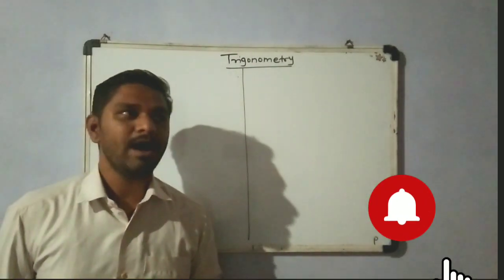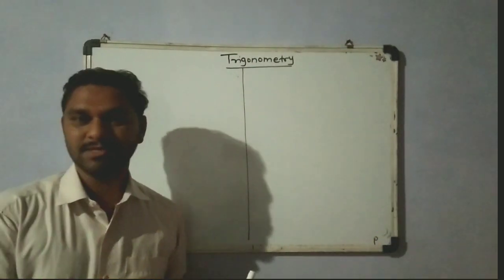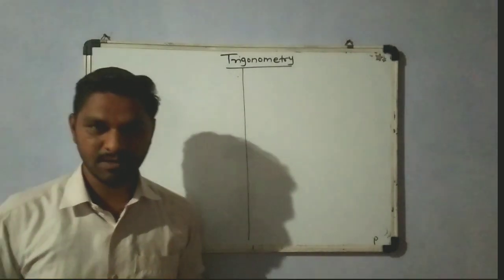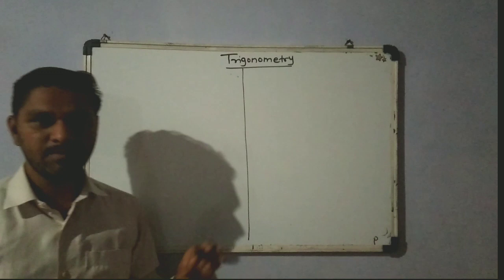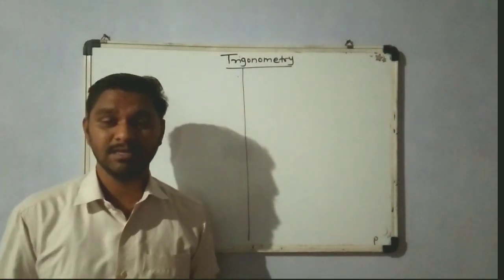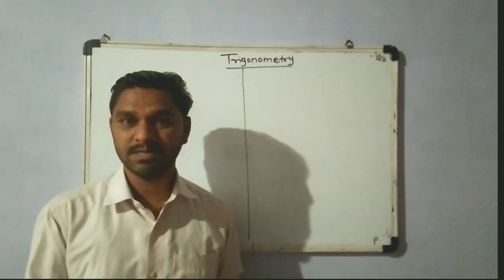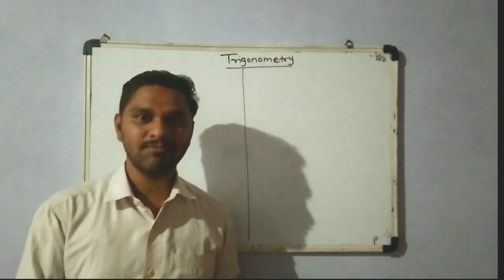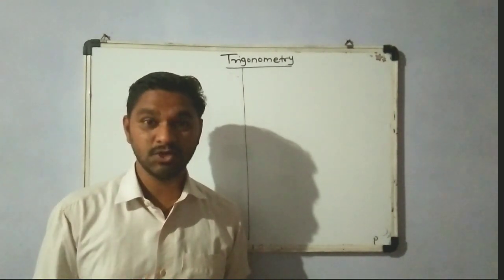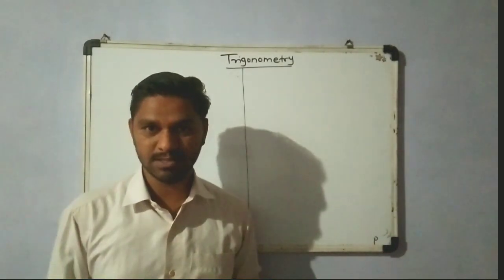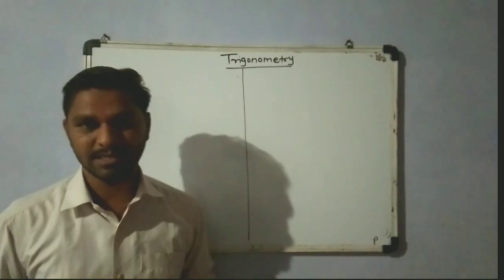Okay, so our last video was related to the linear equation in two variables. Now I am going to take a new video about trigonometry. Okay, so trigonometry, what do you mean by trigonometry? Trigonometry is nothing but one of the functions, like an algebraic function. You know, algebraic function means which type of function? Linear equation in two variables, quadratic equation, cubic equation, all these examples are related to algebraic functions. Like this, the trigonometric function is also there.